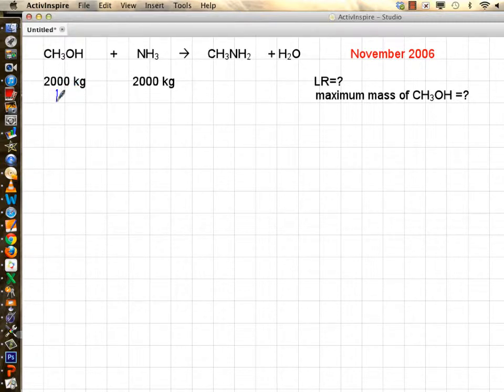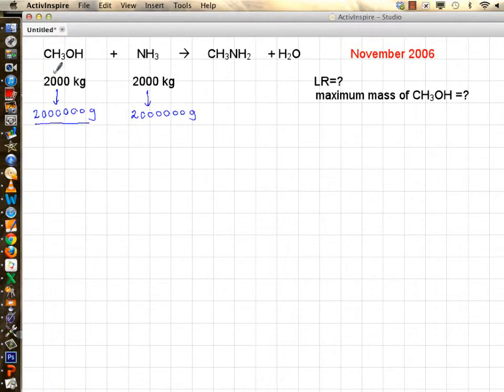So the first thing I do is convert my numbers into grams, so I know what I'm doing. So this is 2,000 kilograms; in order to have grams, you have 3 more zeros added to it. Grams of CH3OH, methanol, and ammonia is 2,000 kilograms, so I put 3 more zeros in front of it, grams. Now, in order to find out the limiting reactant, again you divide by their respective molar masses to convert them